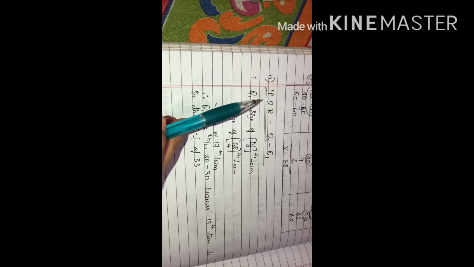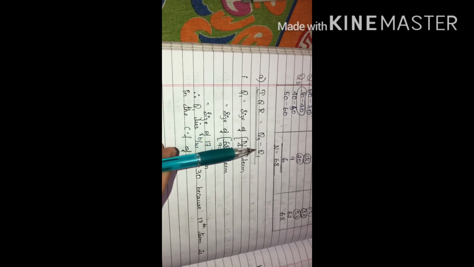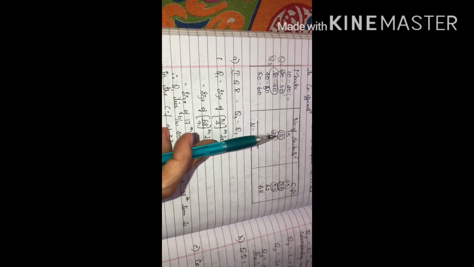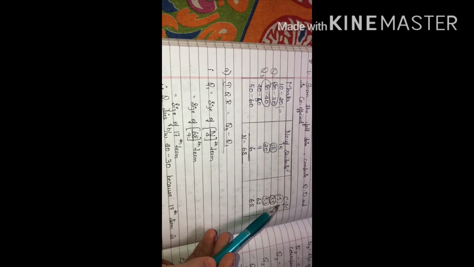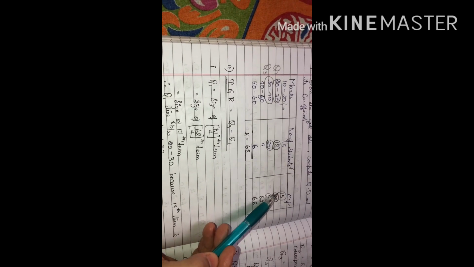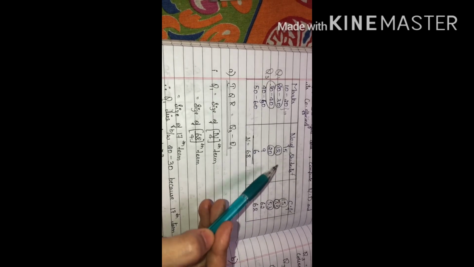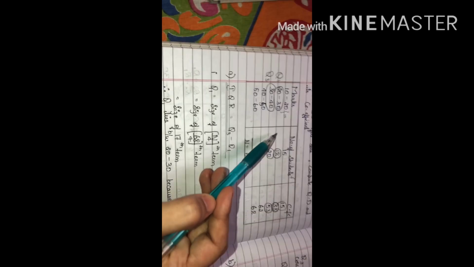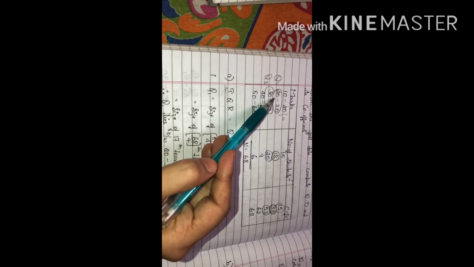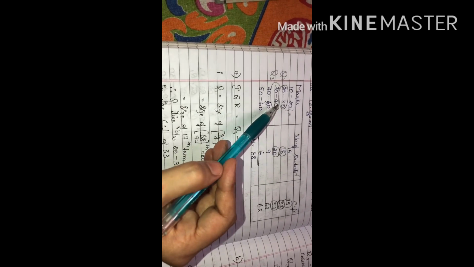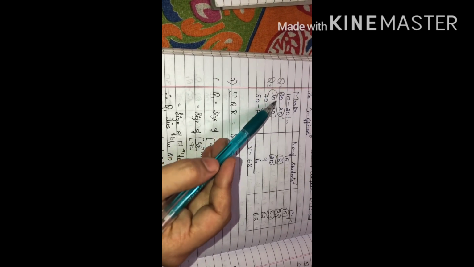So the first formula is identifying the interquartile range, Q3 minus Q1. Q1 is the size of n divided by 4th term. What is n here? The total of frequency, 68. So 68 divided by 4 is the 17th term. Where does this 17 lie? Under the cumulative frequency, the 17th term lies under 33. Its corresponding frequency is 18, and its corresponding class interval is 20 to 30. So we have identified the quartile class.